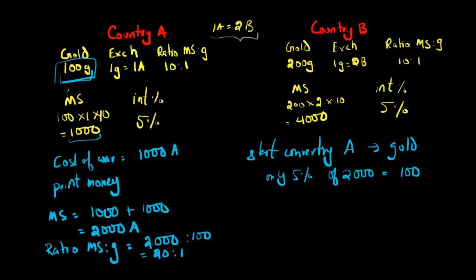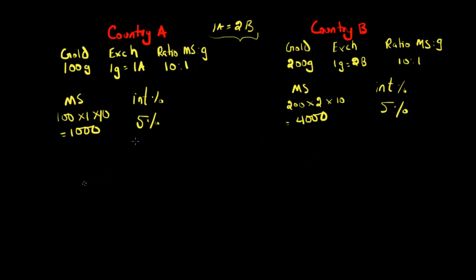Another advantage of the gold standard is that it has an inbuilt price control mechanism. And we're going to illustrate this with an example. So first, I'm just going to make this thing disappear. So let's assume that people in country A and country B both like eating burgers, and burgers are manufactured in